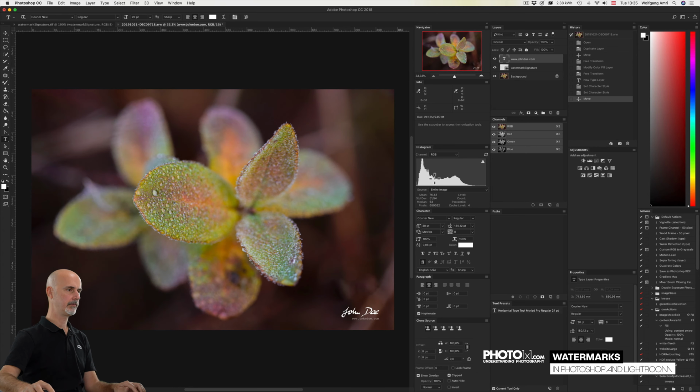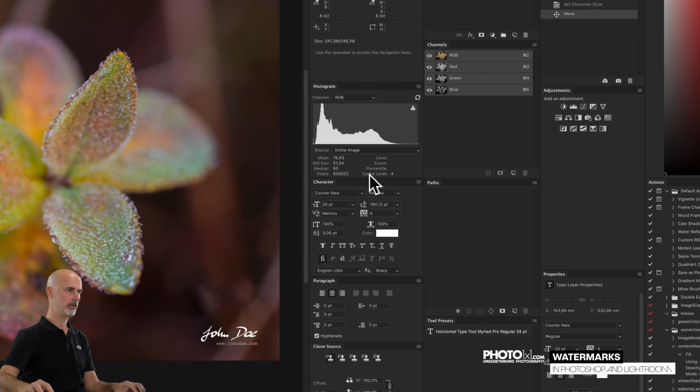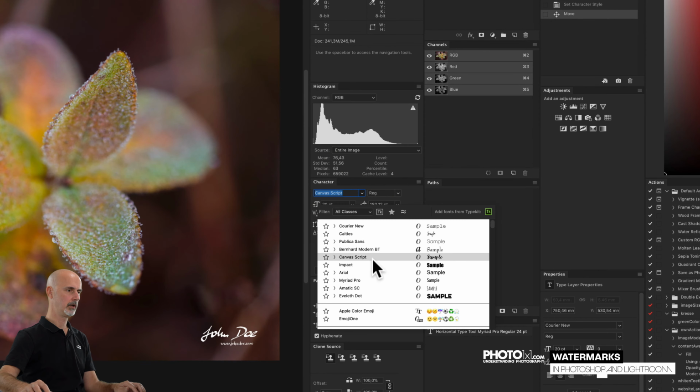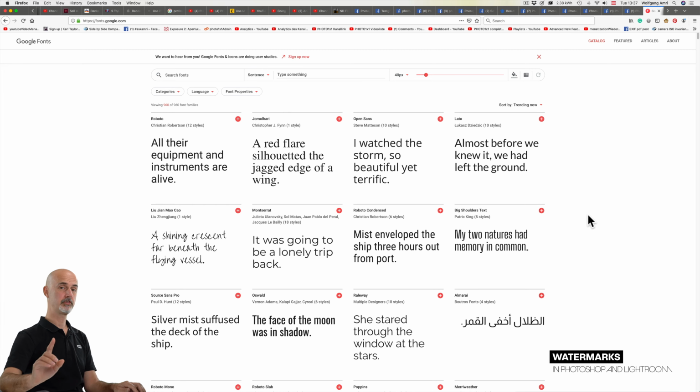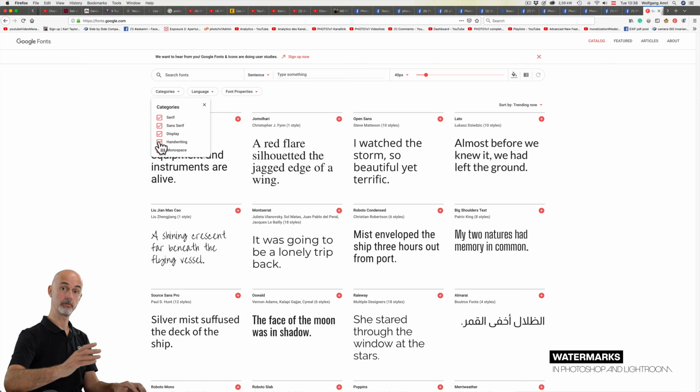If you don't like the font, you can change it here in the Character tab. Click here, and then you can choose any font you wish. If you don't like any of these, there's a solution. There's a website called Google Fonts, and it currently has 960 free fonts available. You can sort the fonts by categories. For example, if you don't want any handwritten font, which I would recommend because your other font is already handwritten,